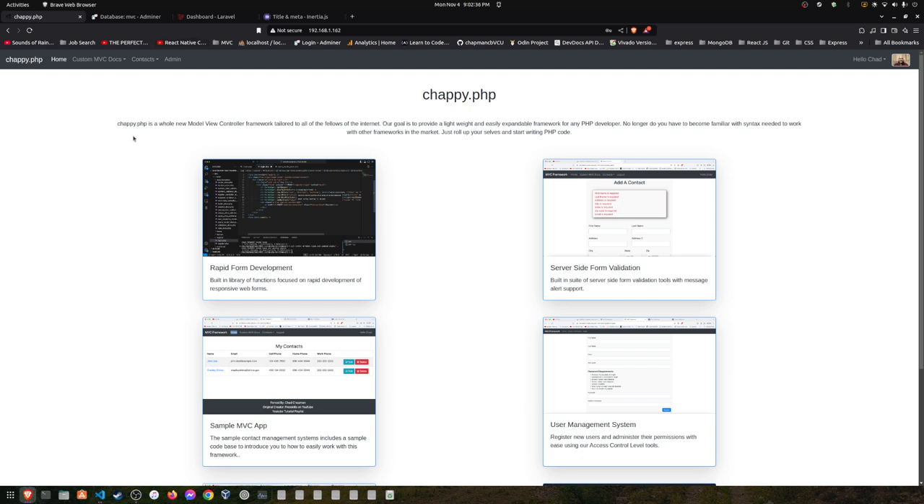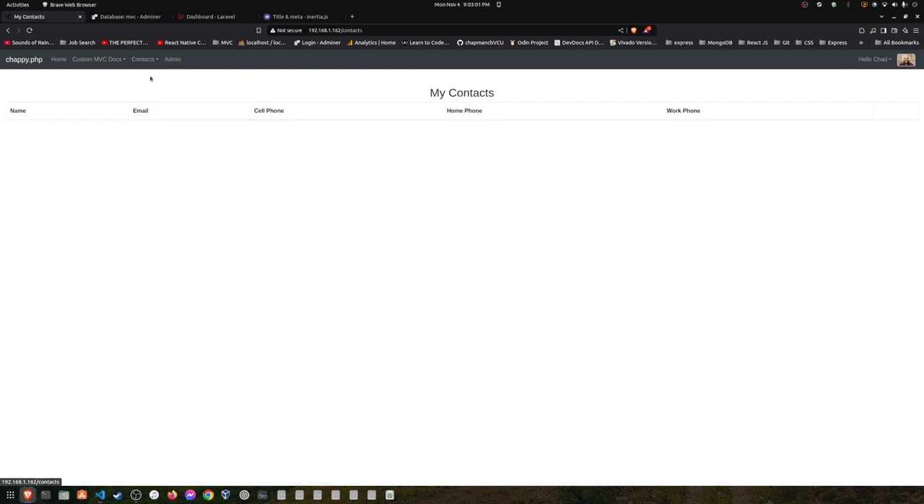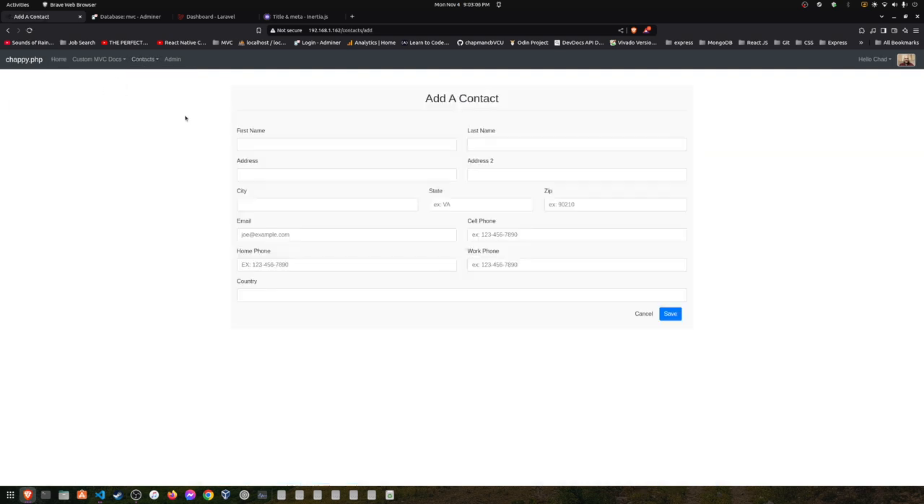So this is just a sample application. My goal is to make it to where I'll eventually do some kind of release on Composer. I still have a lot of work to do on the user guide, but it's very close to being complete. I do have some things like a sample contact management system, which we can actually just kind of